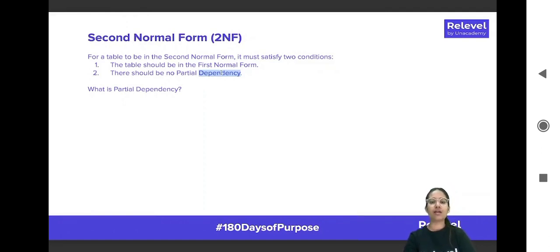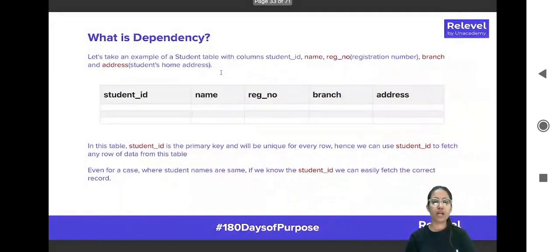So let's derail a little bit for a minute and first talk about what partial dependency is. And for that, let's first talk about what dependency is. We did touch upon this a little bit earlier in functional dependencies. So let's take an example of a student's table, which has the columns student ID, name, registration number, branch,